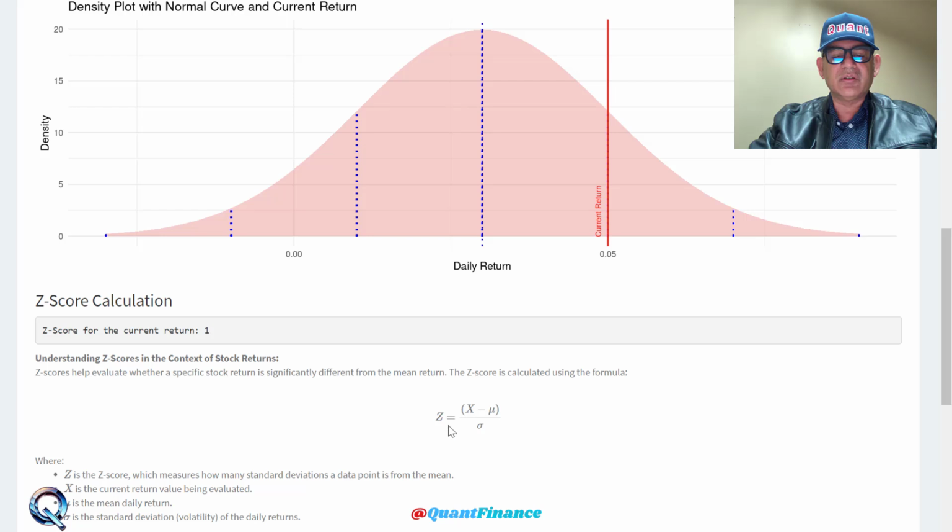score is like, okay, you took a test in the class and then you got a mark, and then you want to compare how I performed as compared to other people in the class, right? The same way here, our return compared to the mean return, how it performed, that is what we are trying